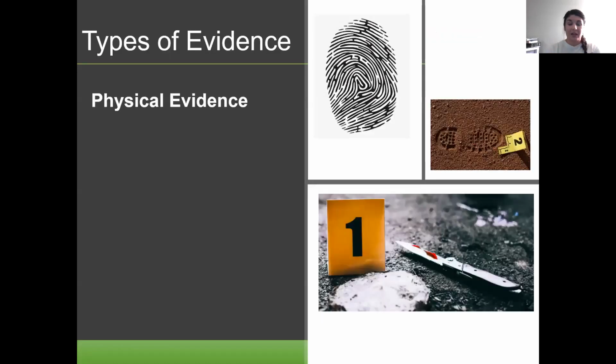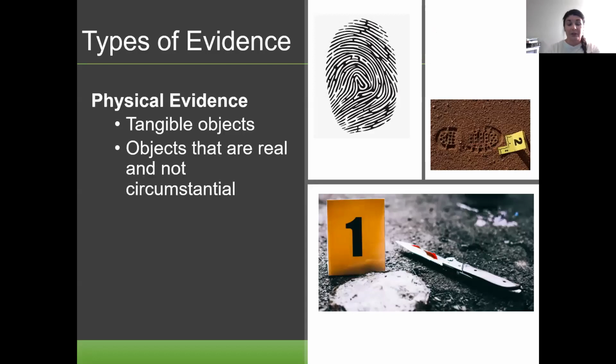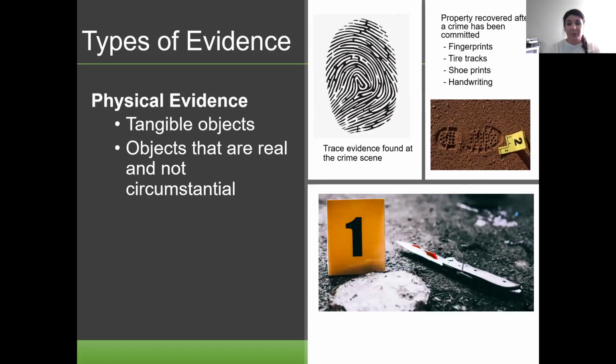So this is a slide from a previous video. So the 4th evidence, and it's the most important and the one that you will deal with the most in forensic science, is physical evidence, which are tangible objects that are real and not circumstantial. So trace evidence found at the crime scene, property recovered at the crime scene after it's been committed, like fingerprints, tire tracks, shoe prints, handwriting,